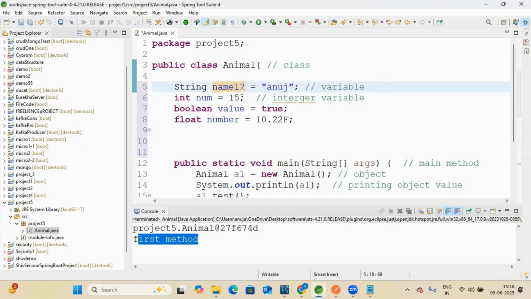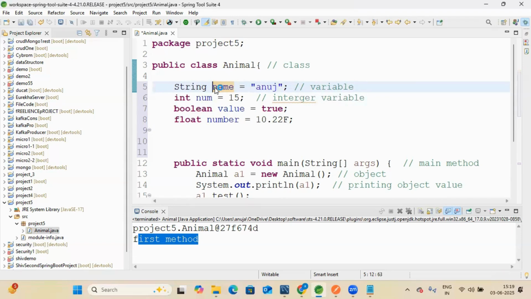Now, the name must begin with a letter. Here it begins with N. If I write one at the beginning, you will get an error. You can see the cross sign, it is showing an error. So the name should begin with a letter. The name should start with a lowercase letter, not an uppercase; uppercase is not recommended. Use lowercase only. A name can also begin with a special character or underscore. You can do this, but it is not recommended. Just start with a proper name